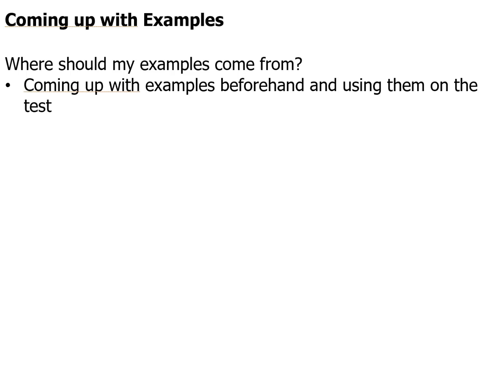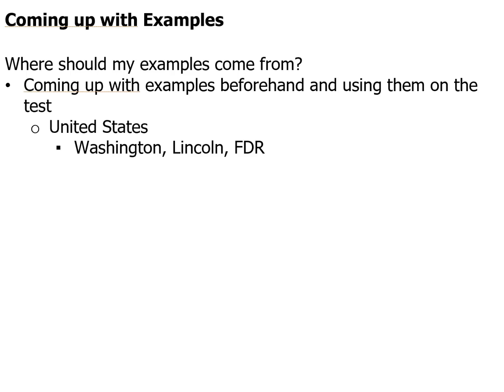There really isn't a set of perfect examples for you to come up with, but let's talk about what can help. Ultimately, examples can come from an incredible variety of sources. Of course, history, literature, and current events are all pretty common categories, and you do want to have a fairly diverse pool of examples to draw from. So oftentimes it's go with what you know. If you know a lot about the United States, if that happens to be in terms of politics, history, or government, then maybe think of a few notable presidents. Washington, Lincoln, and Roosevelt are great examples,